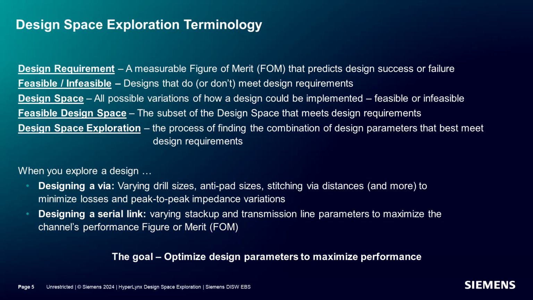This comes into play with many different designs and has endless potential. If you're looking at optimizing a via in particular, you may look at varying drill size provided by your manufacturer, anti-pad sizes, stitching via parameters, and more to achieve a minimum return loss. We'll see later that this can potentially call for millions of experiments to actually find the optimal values for these swept parameters, and how design space exploration in Hyperlinks can ease that process. The end goal of an exploration of a design space is to find the optimal combination of variable values that best meet your design goals, which may include cost, density, reliability, performance, and more.